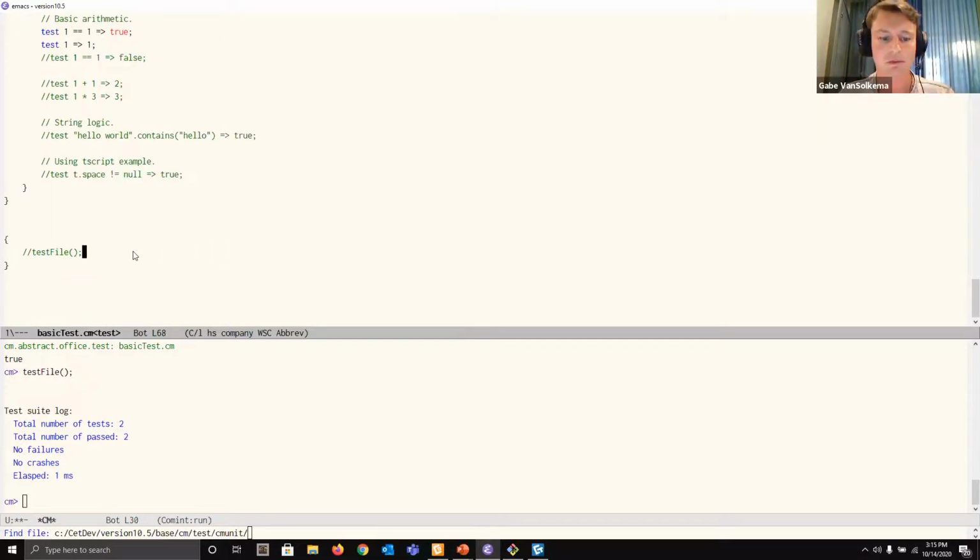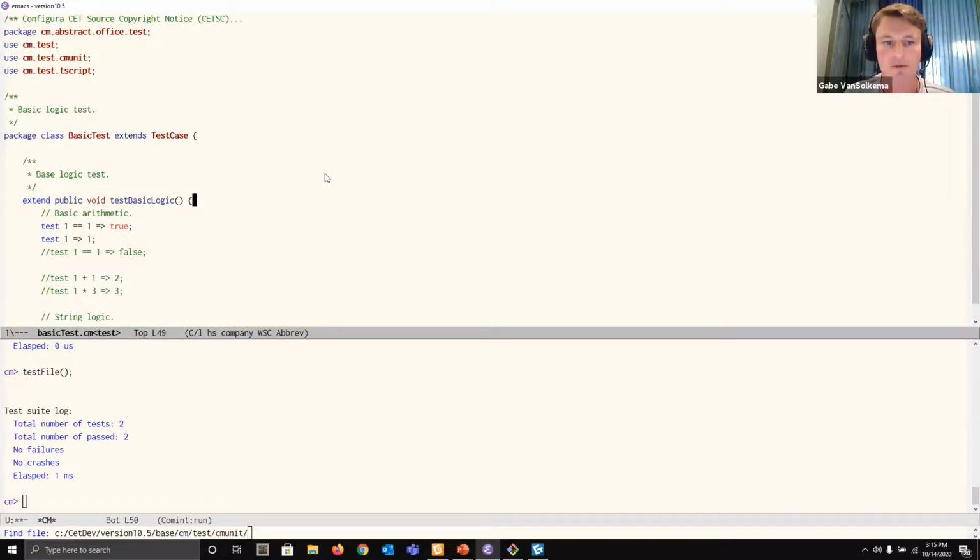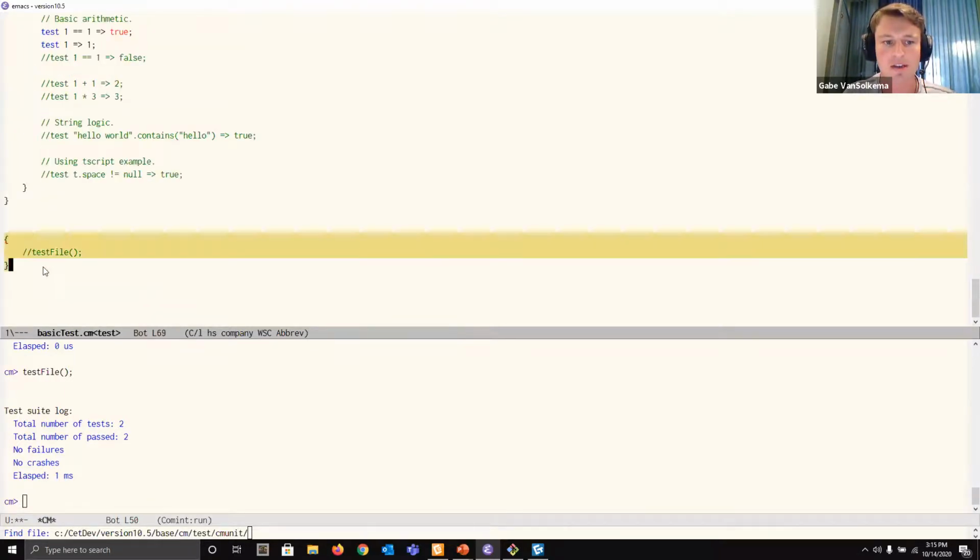Just a heads up, if you don't know how to run a specific file, you can do Control-Alt-Space. That'll actually run a specific line. So that'll run this line of code. If you want to just go ahead and run the file, which will run everything inside of this guy,